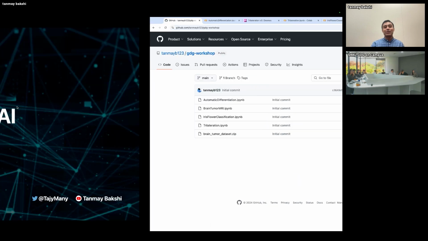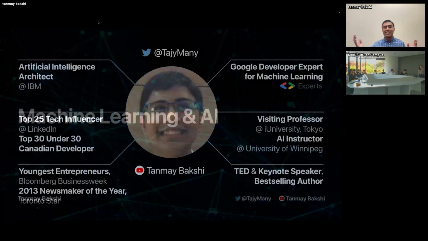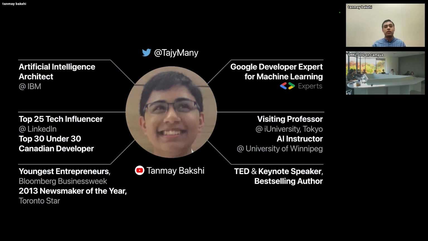But yeah, diving right into it really quickly, to give you a quick introduction for who I am and why I'm here today. As mentioned, my name is Tanmay, and I love technology. For the past 16 years, my passion has lied at that intersection of innovation and technology. I love applying tech like AI and machine learning to solve real-world problems, and also love to provide the resources to enable more people to use technology to solve the problems they see in the world as well.